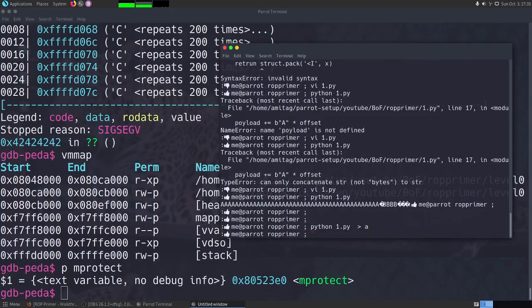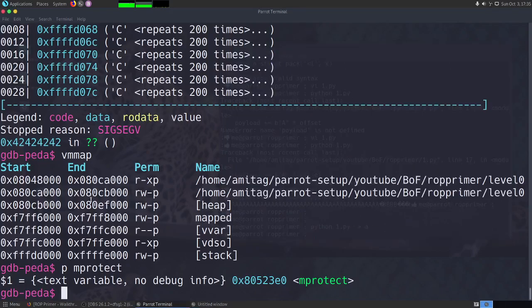Let's write it to a temporary file A and run it with this as input. So what we are expecting now is that where we had overwritten 42424242 earlier, we would overwrite the address of mprotect, and then we will have the return address, which is basically again 42424242, and then we have the parameters for mprotect, and the parameters are the stack address, which is this, the size of 10,000, and the permission is rwx.